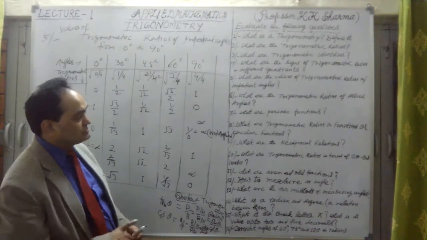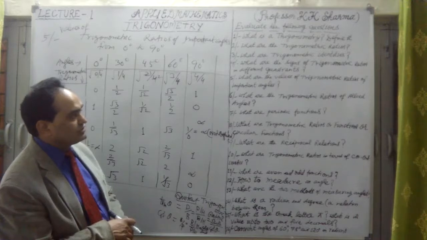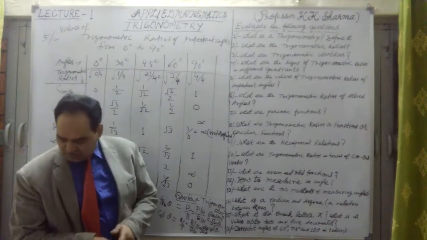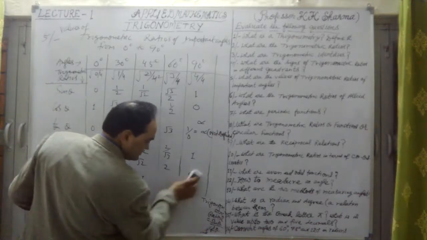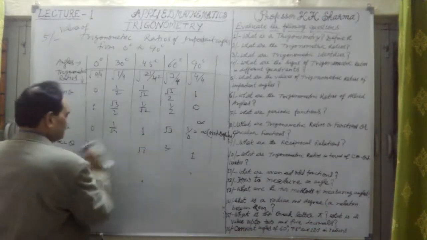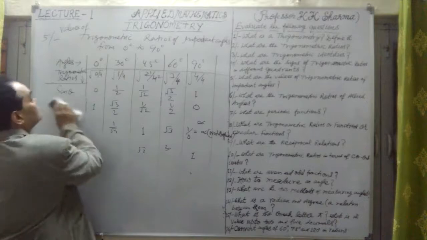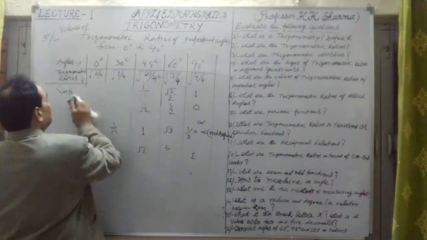Now we will talk about question number 6. What are the trigonometric ratios of allied angles? That I will talk about. Okay. Now these are the important angles which we remember by writing this basic formula. For sine we find